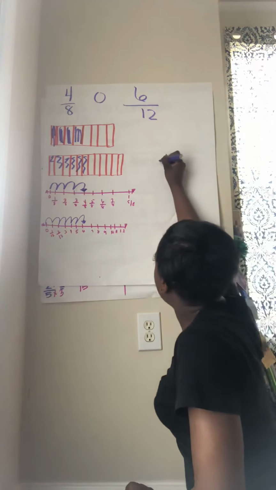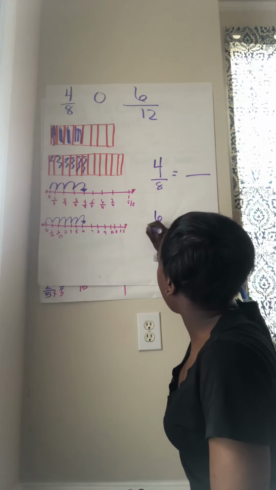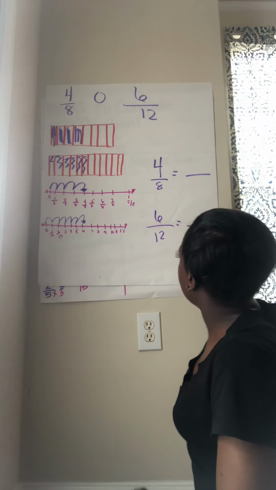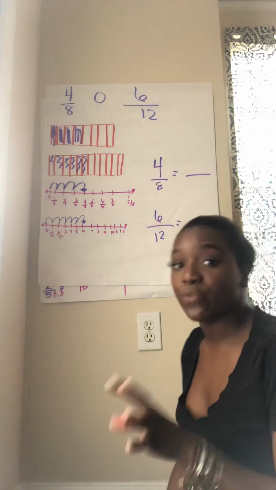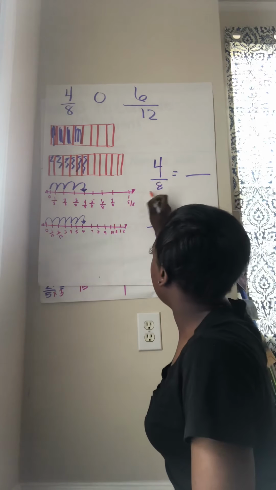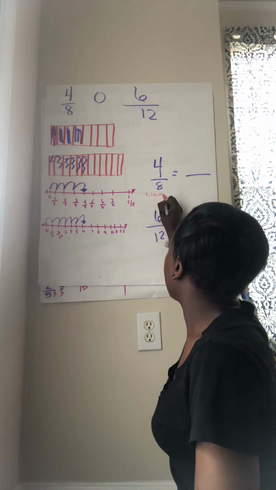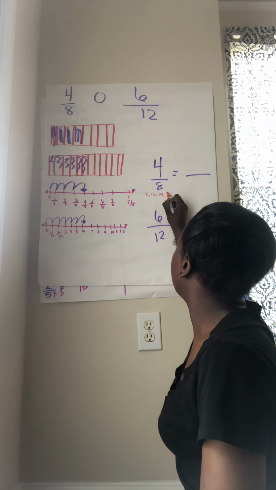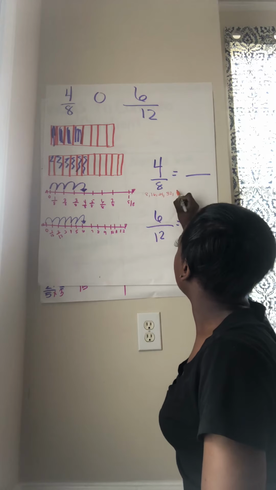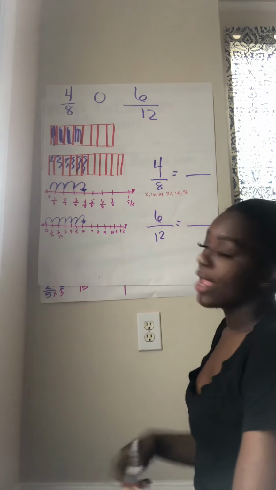Now, using the common denominator method, I know they have different denominators, so I want to find a denominator that is the same for these numbers. All right, let me just go ahead and list my multiples of 8. So I have 8, 16, 24, 32, 40, and I'm going to stop at 48,